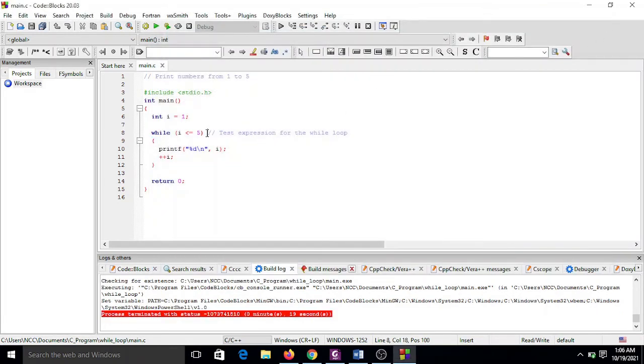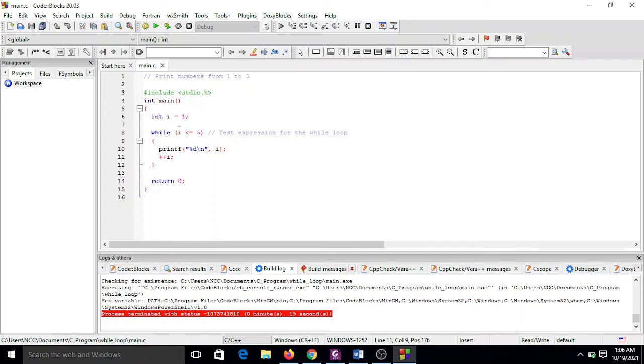So this is your expression, and you want this statement to be executed while this expression is true. But for this expression to turn out to be false, so that the while loop can be terminated, your test expression needs an increment or a decrement depending on what you have put in here, depending on the condition,